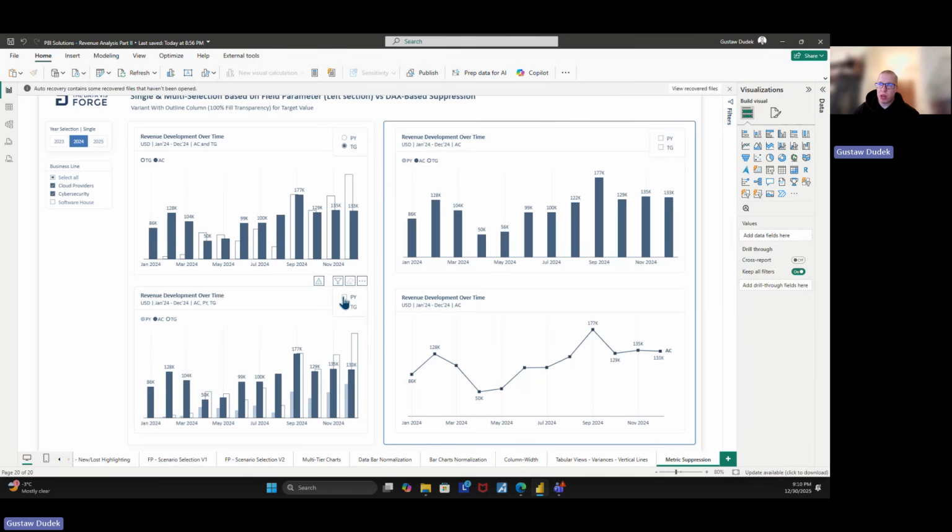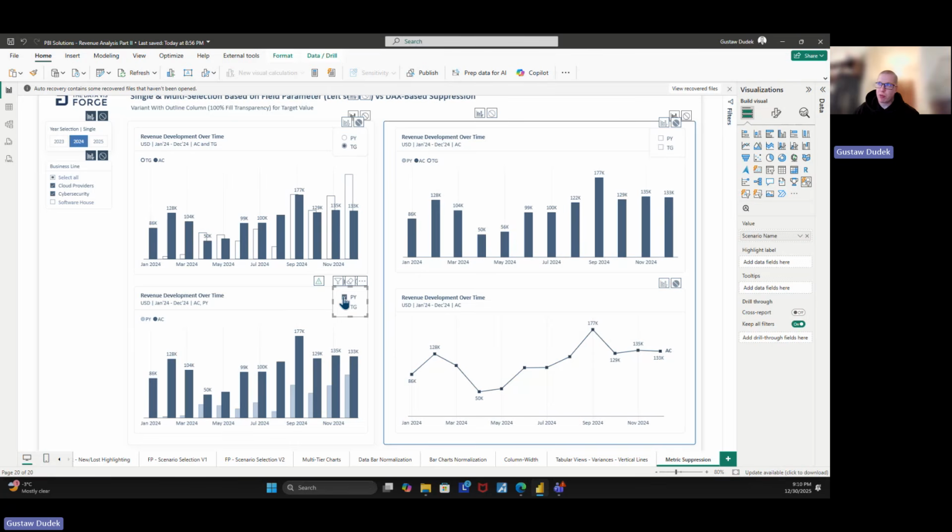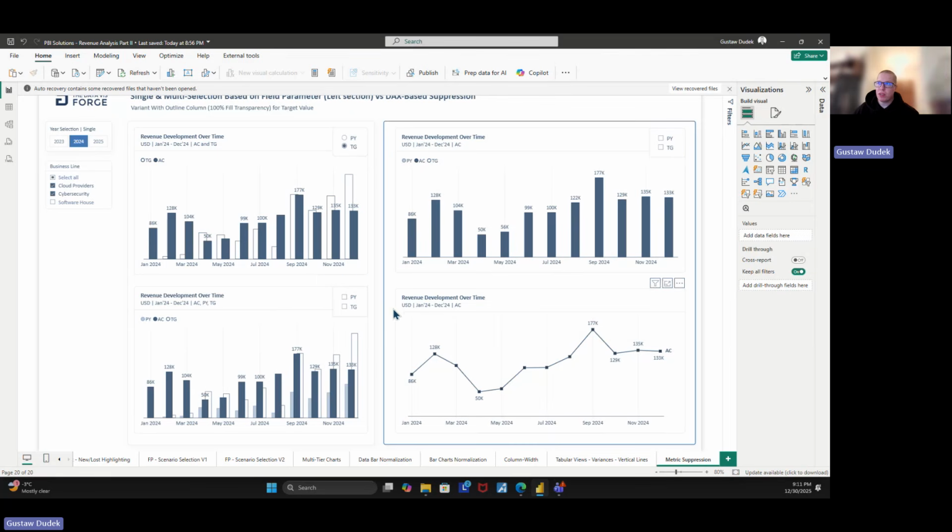So you can either pick one of them to display only one, for example, previous year. You can also have both selected, and you have three scenarios in total, like previous year, actuals, and the target at the same time. The minor drawback is that if you unselect both items, the field parameters actually work as if everything is selected. So even if we unselect both scenarios, you can see that now they are still visible because the slicer in relation with the functionality, which is field parameter, works in a way that it's treated as all